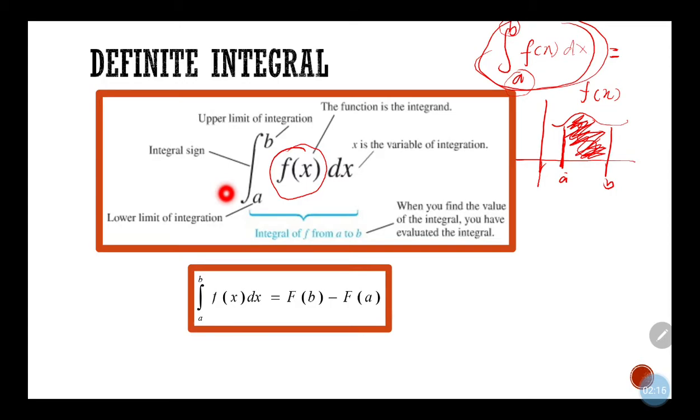Okay, so to compute the final answer for the integration, we substitute the upper limit, F(b). Let's say we integrate and get the function F(x). Okay, function F(x) is the result of our integration of f(x). We get capital F. So to get the value, we substitute with the upper limit. Replace x with b and minus the value when x is equal to the lower limit, F(a). Alright, okay. So next, okay,